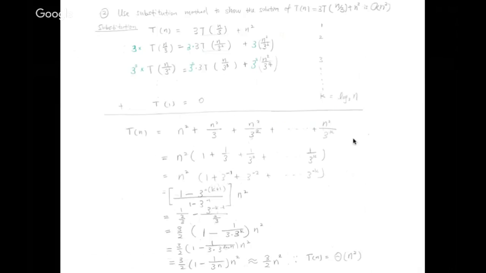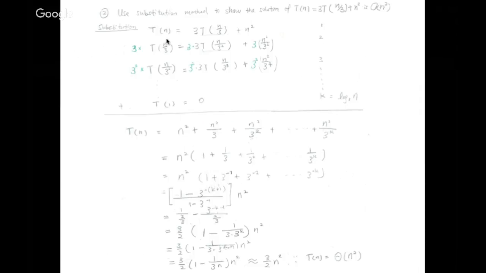So the next question is: use the substitution method to show the solution of T(n) equals 3T(n/3) plus n squared. This is the same one. And we want to show this solution's complexity is big O n squared. So